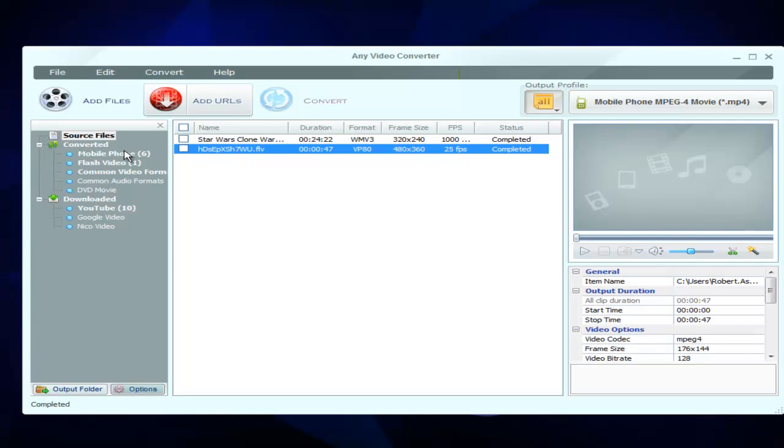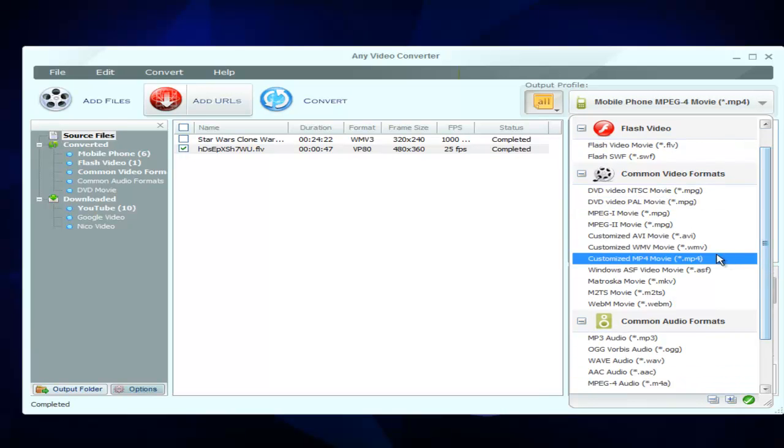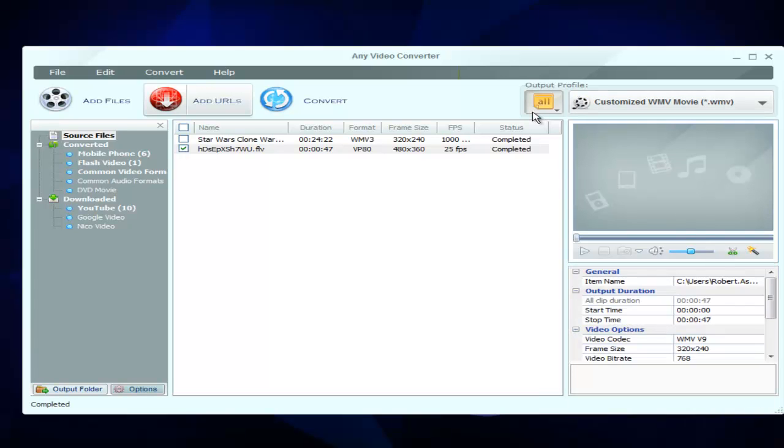I'm back to Any Video Converter, and now I'm just going to select that. And maybe I don't want it to be MP4, maybe I want to make it Windows Media Video, WMV this time, just to do something different. I'm going to go ahead and say convert, and then it'll start through the process. So in the first step, it was just downloading the video. Once that video is downloaded, I just clicked the box here and selected it because it was in that queue, and then I just chose what format I wanted it to be in,